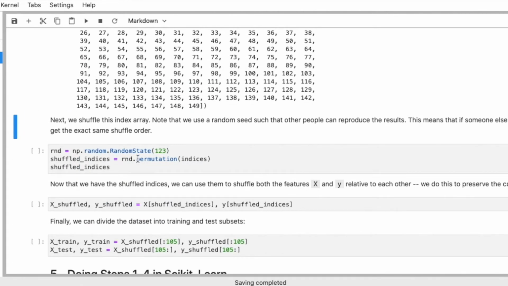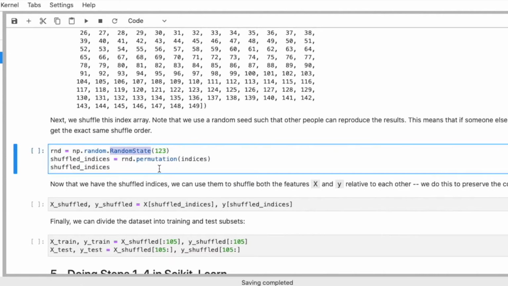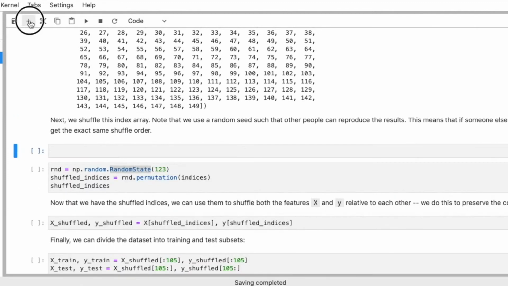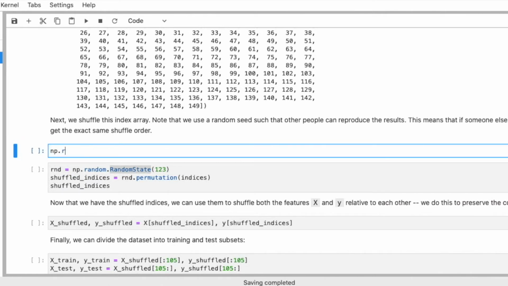I'm using from NumPy this random state object. There's also a different way you can do that. It's NumPy random seed, I think, that can also set a random seed. And a random seed guarantees that you get the same results every time you set the random seed and execute an operation.